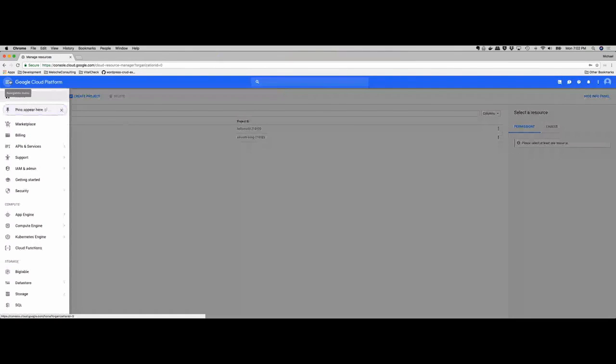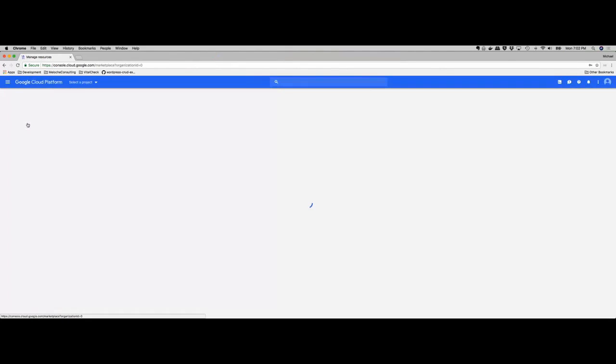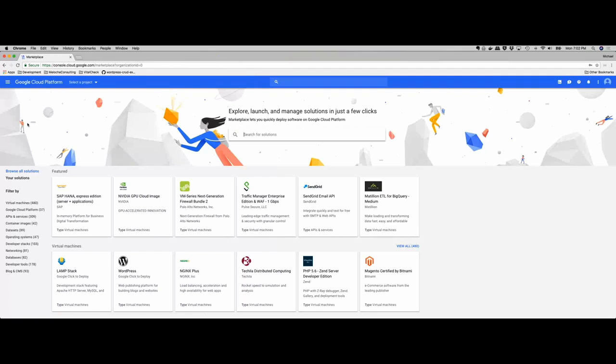All right, so you got a little menu bar, navigation menu, upper left-hand corner. You can pin things that you constantly use up here. So you can drag the API up here, drop it in, pin it. So you can start with Marketplace. Well, Marketplace, this is that